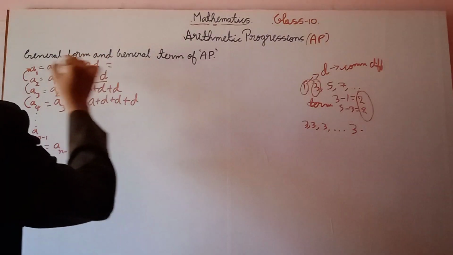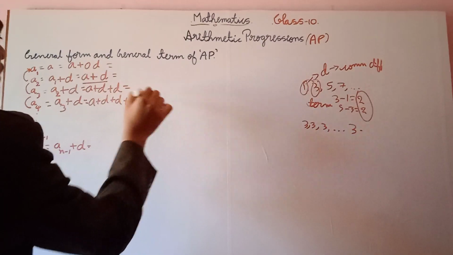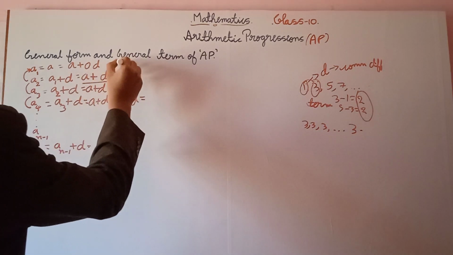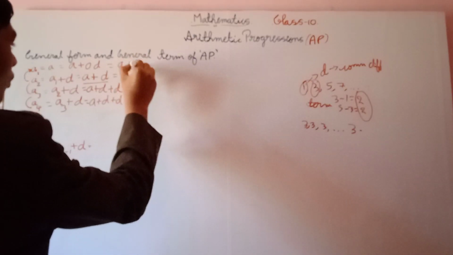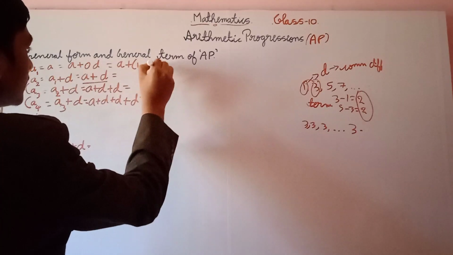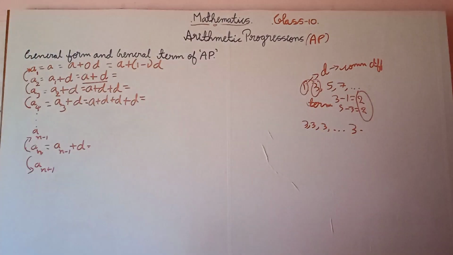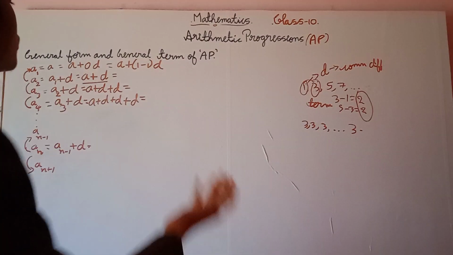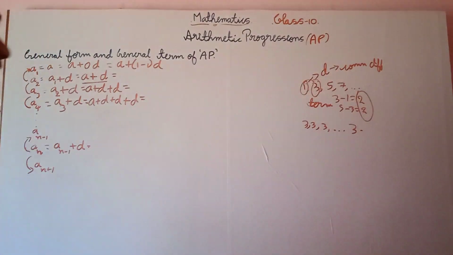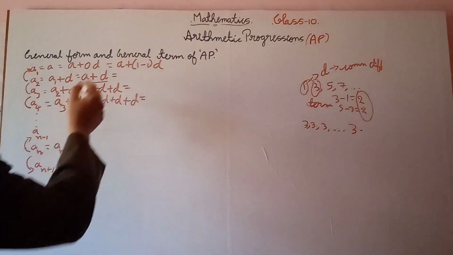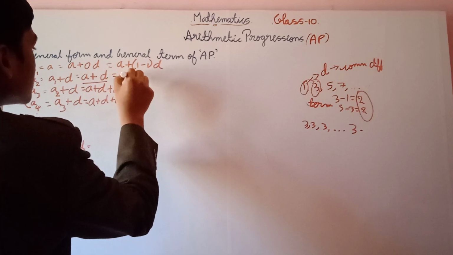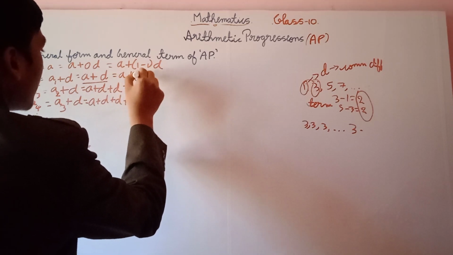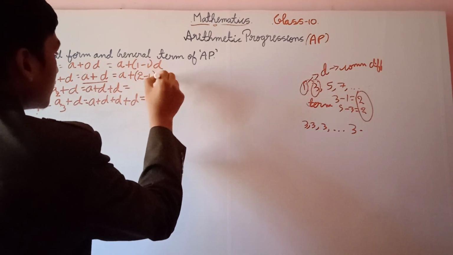So this first term can also be expressed or written as a plus (1 minus 1) into d, right? 1 minus 1 is nothing but 0, and 0 into d is 0. So a when added to 0 gives back the first term, that is a. A plus d can be written as